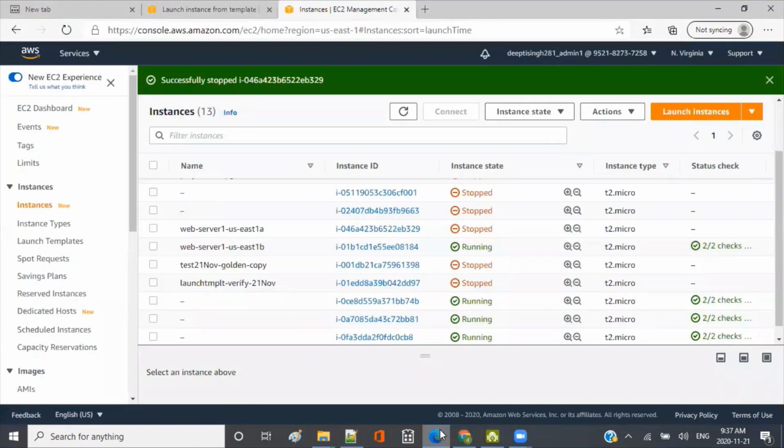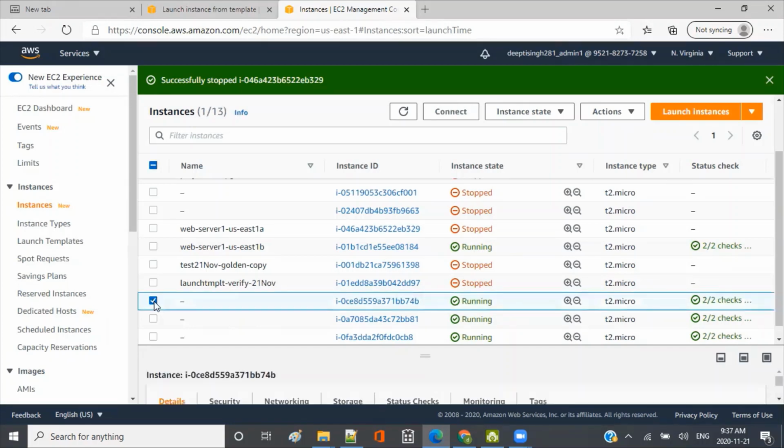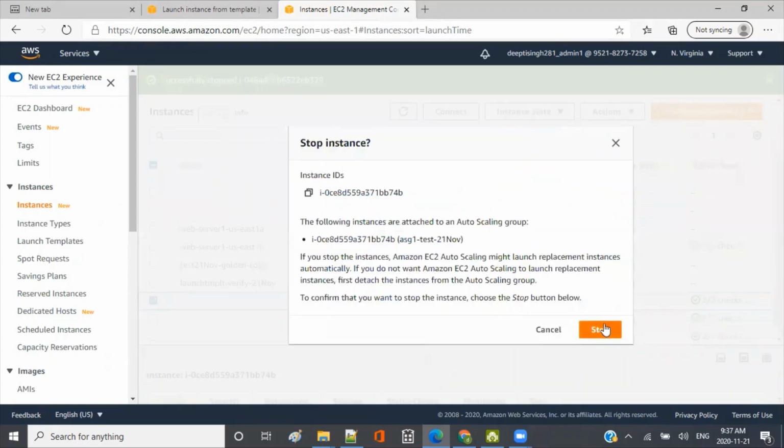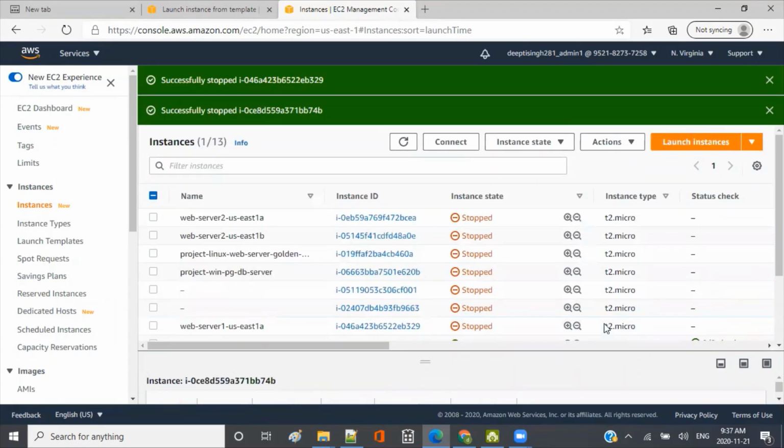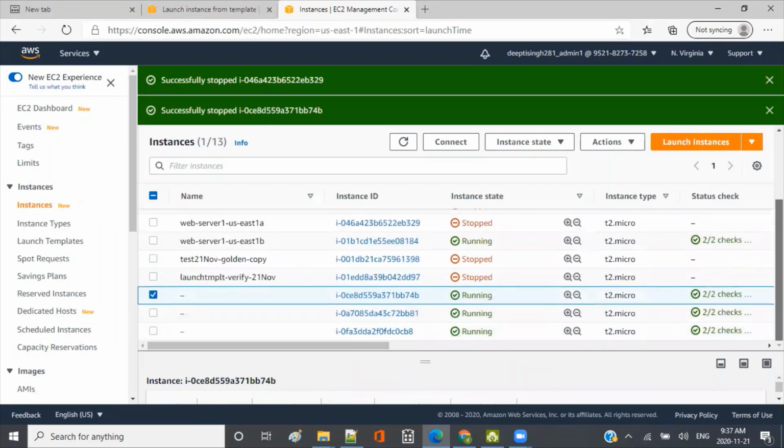Now, if I go here and I stop one of the instances which were launched by the auto scaling group. So these three were launched by the auto scaling group. So I'm just going to stop one of them. Okay, so it is going to stop it.